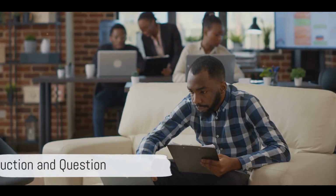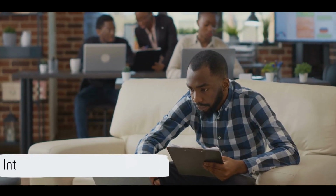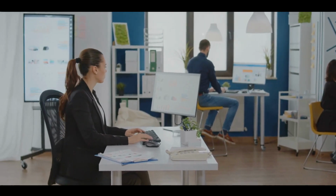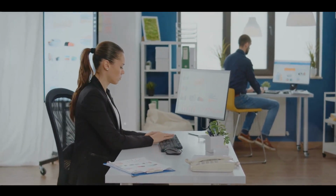Ever wondered why your business isn't reaching its full potential? Perhaps it's the common marketing challenges that are standing in your way. Effective marketing strategies are crucial to overcome these hurdles. Well, you're not alone. Many businesses struggle with this, but the good news is there are tools and tips to